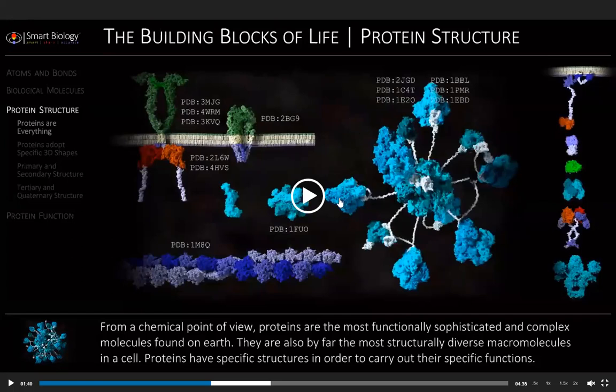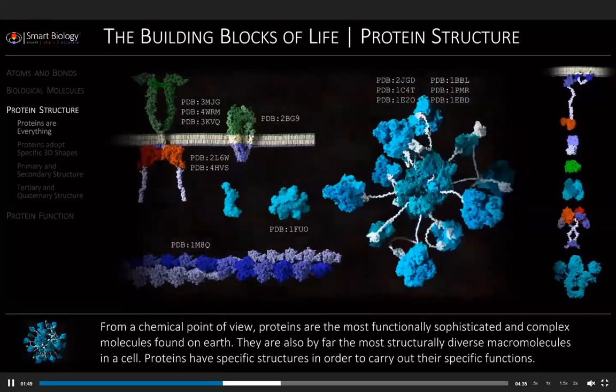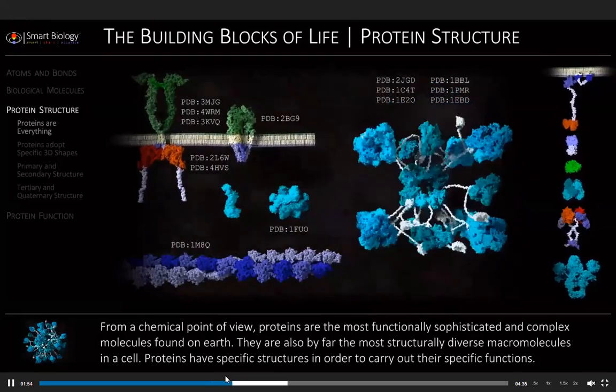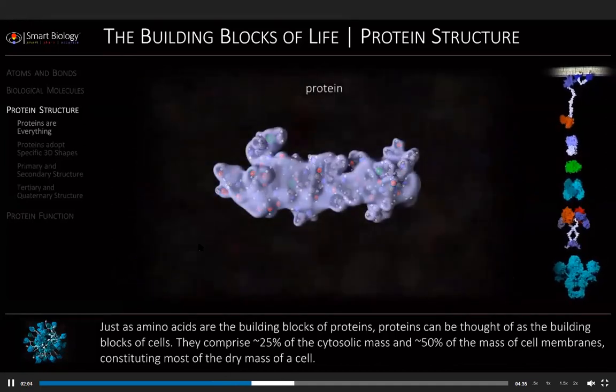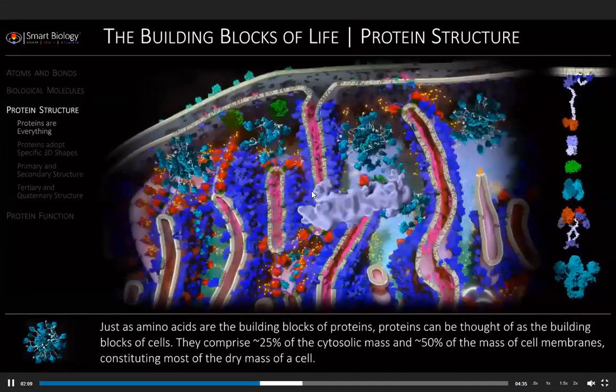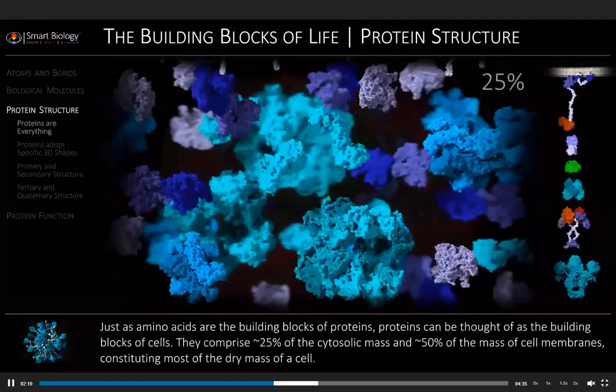Pyruvate dehydrogenase is an enzyme that is found inside our mitochondria, and it is responsible for converting pyruvate into acetyl-CoA. It has many subunits, and it basically dances all the time while it's working. So let's have a look, and I'll rewind it again. Look at how amazing these proteins are. Okay, so this is how they are carrying out their specific functions. Okay, so this is our protein, the pyruvate dehydrogenase located within the